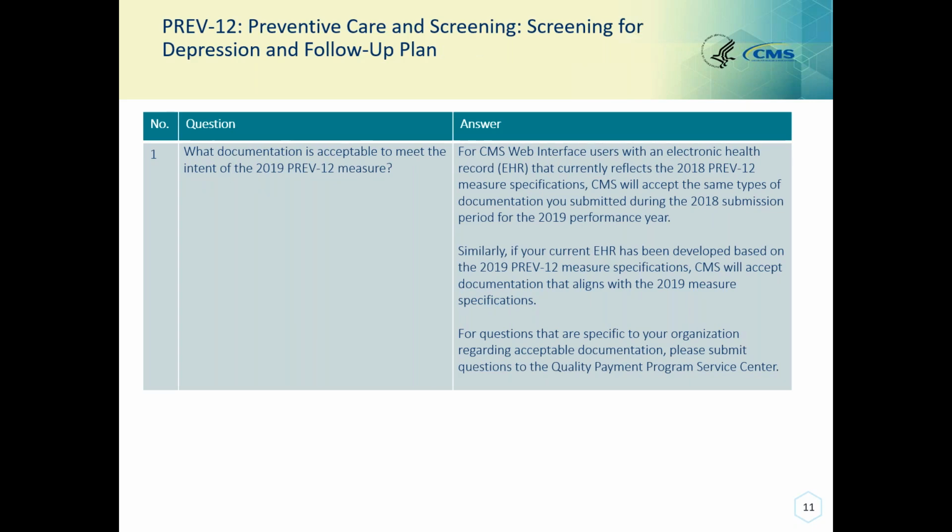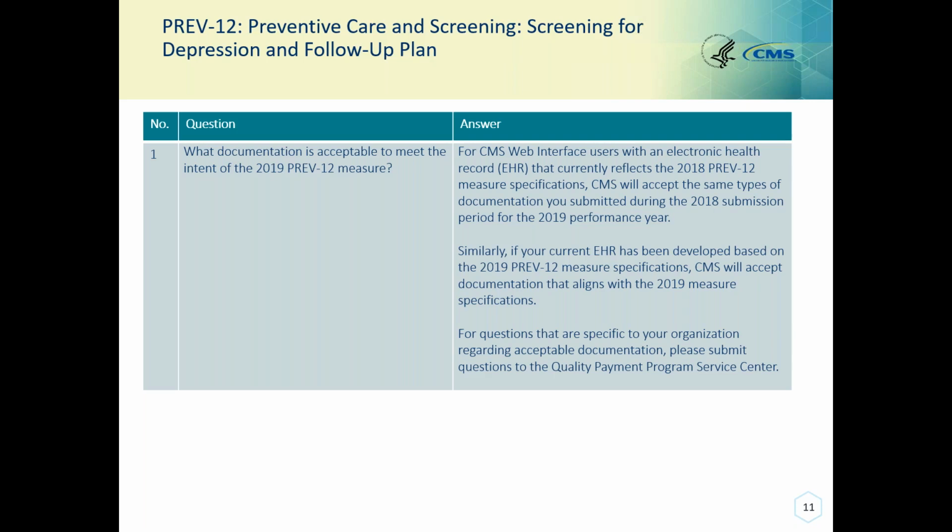This question is for the PREV 12 screening for depression and follow-up plan measure. What documentation is acceptable to meet the intent of the 2019 PREV 12 measure? For CMS Web Interface users with an electronic health record that currently reflects the 2018 PREV 12 measure specifications, CMS will accept the same types of documentation you submitted during the 2018 submission period for the 2019 performance year.